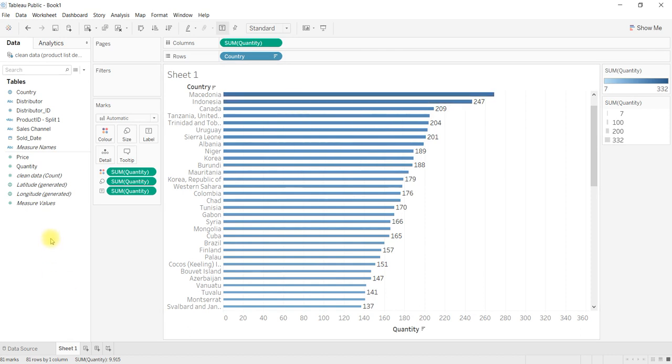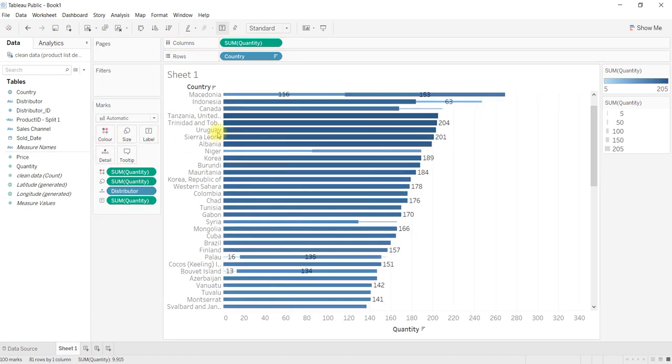If you would like to take distributor into details, here you can see it will be split into two or more columns depending upon the number of distributors within that particular country. For example, in this particular country, two distributors are there. One distributor is the Jilni and the second distributor is the Kid.